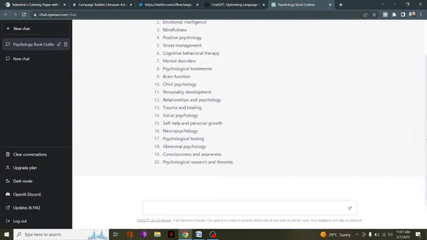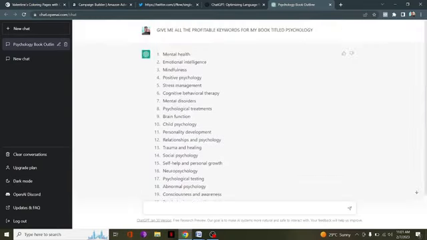So when you tell ChatGPT to write a book description for you with all these keywords, okay, you can tell it: write a book description for me with all the profitable keywords for my book titled Psychology. It will add most of this. Okay, so this is it for now, and I will record a class on how to write a book description